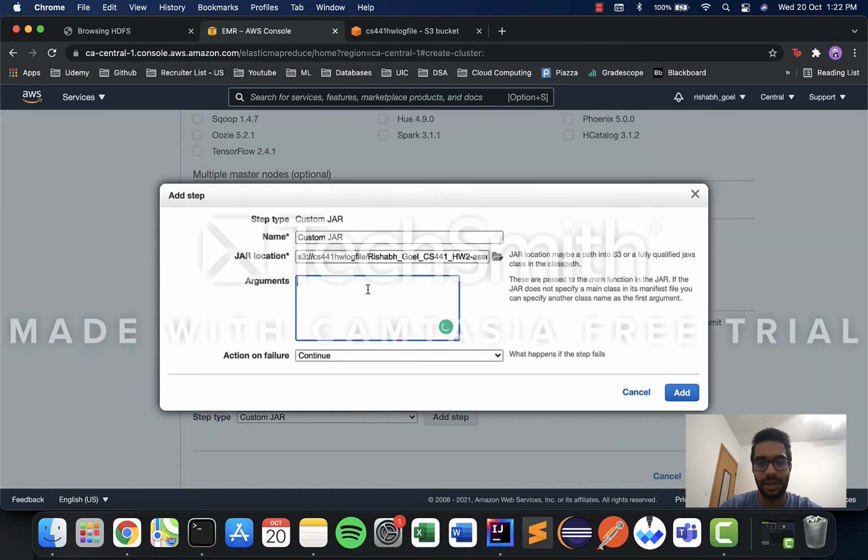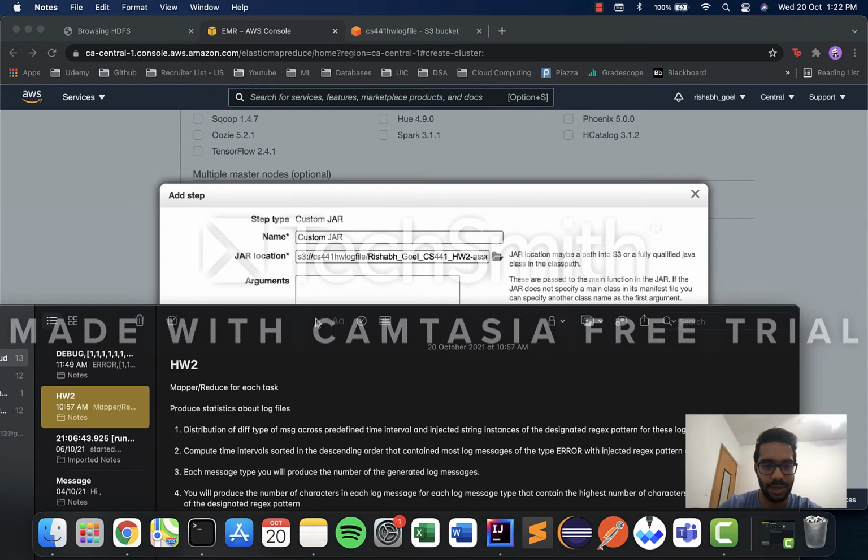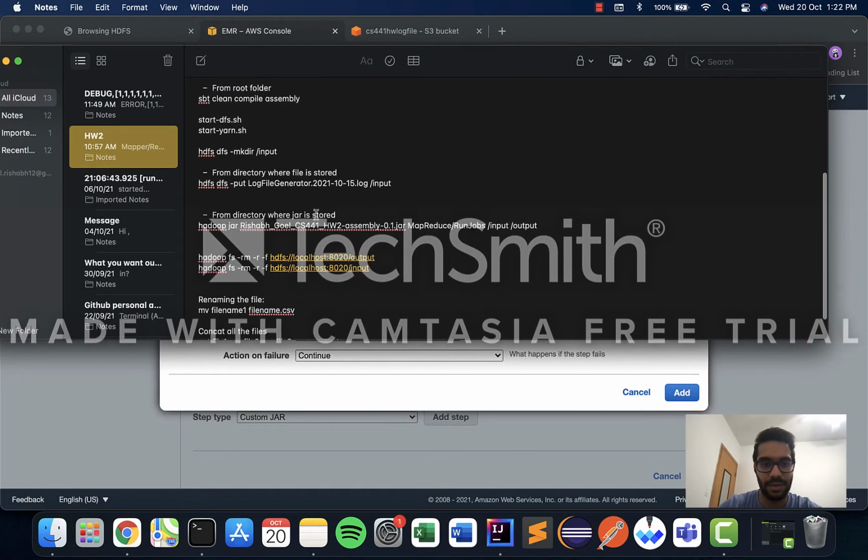The arguments will contain the steps that we have to write to run our job file. If we were running it on our local system, the step would have been something like this, where we give Hadoop jar, the jar name. Since I have two main classes in my application, one for creating the log file and the second for running the map reduce jobs, we have to specify which job we have to run,